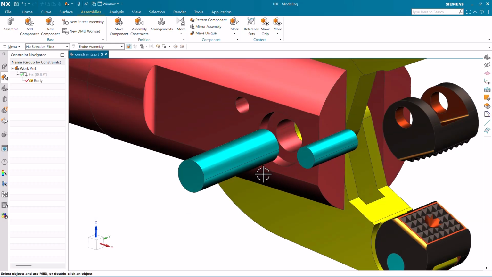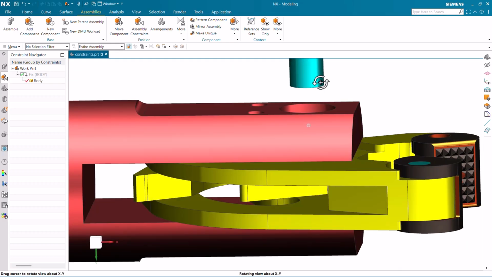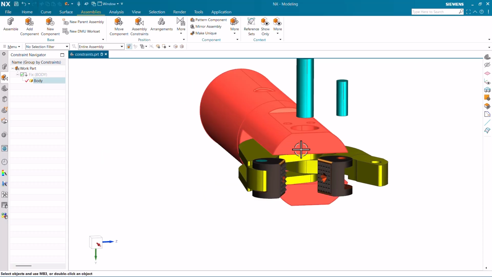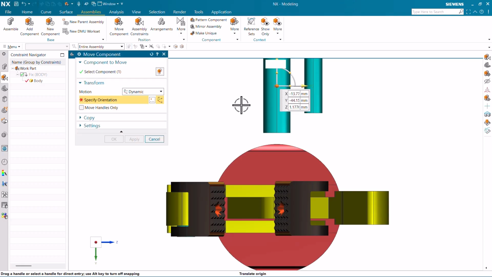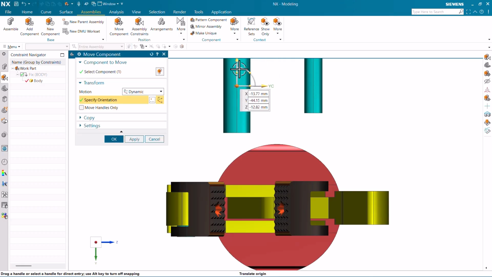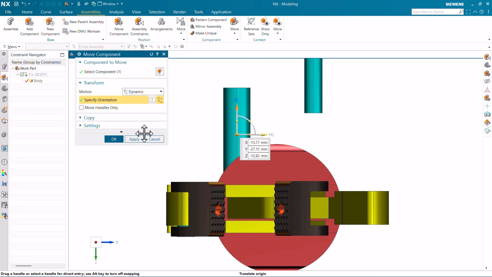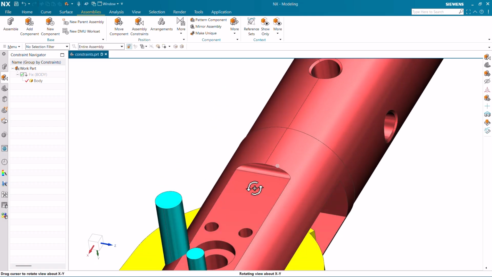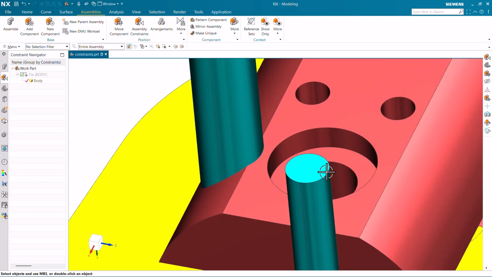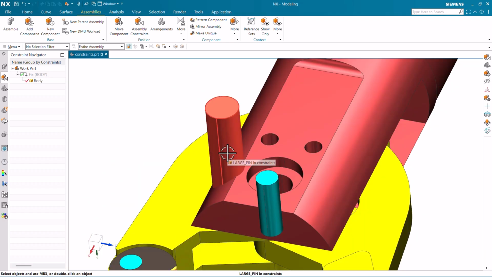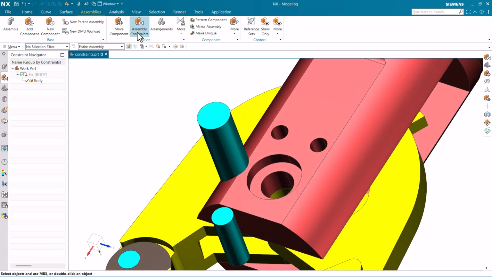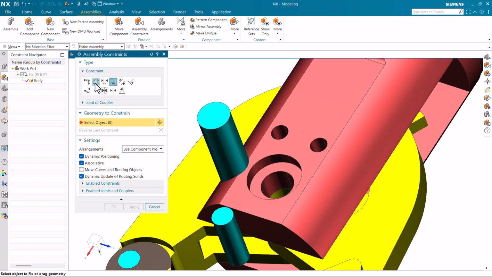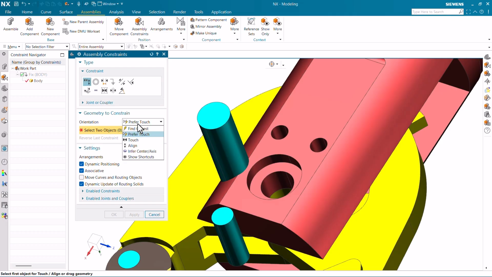So I'm just going to cancel this. If I put this assembly like this, and I'm going to move this component, let's move this somewhere here, like this. Now you can see we have a hole here and a cylinder, or say a large pin here. So I'm just going to give the assembly constraint of touch align, and here I'm going to use the